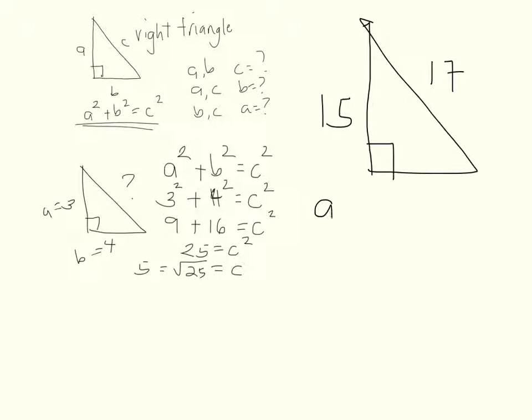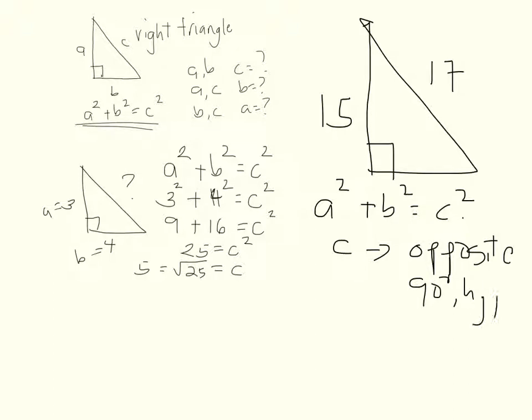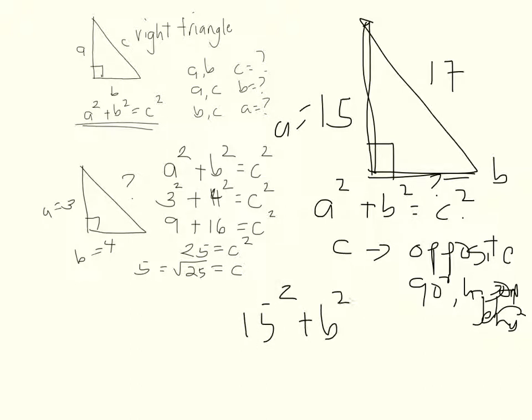Now in the equation A squared plus B squared is equal to C squared, the C is always the one opposite the 90 degrees, and this is what we call the hypotenuse. Sorry for not giving you the name beforehand. Since the missing side now is not opposite the 90 degrees, we can set that to be B. So we can set A to be 15, so that means 15 squared plus B squared is equal to